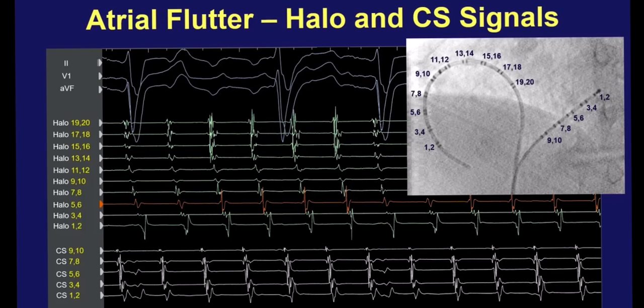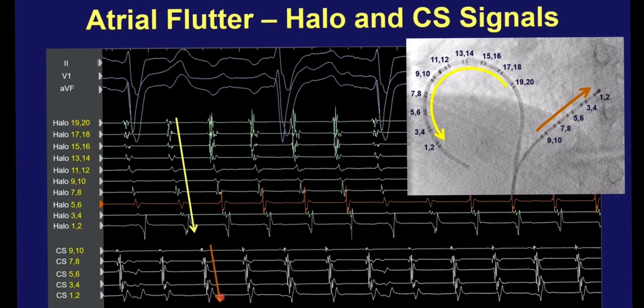Here's what the electrograms will look like when you have 2 catheters in the right atrium and the coronary sinus. In typical flutter, counterclockwise direction, you'll have the yellow arrow here, one wavefront traveling from 19-20 all the way around to 1-2, and you can see that here in the electrograms. And then, of course, as the wavefront travels out the coronary sinus, you'll have a vector traveling from CS 9-10